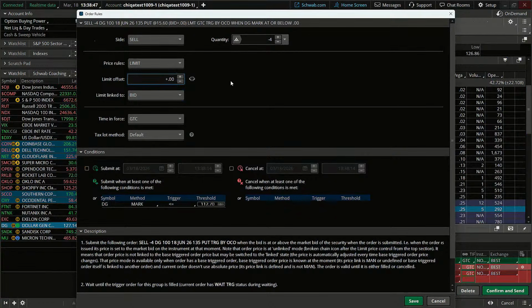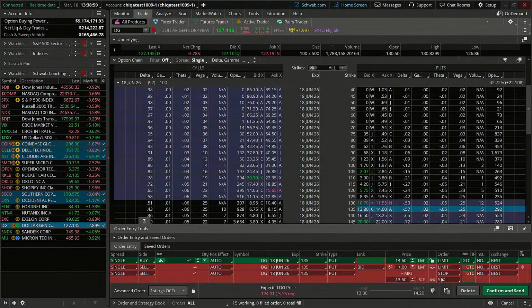We don't have a crystal ball. So we're going to say we want control over our price using a limit order. Whatever the price of the option is, we're sending it at the current bid price if it goes lower than that. So that's our profit taking order, you guys.